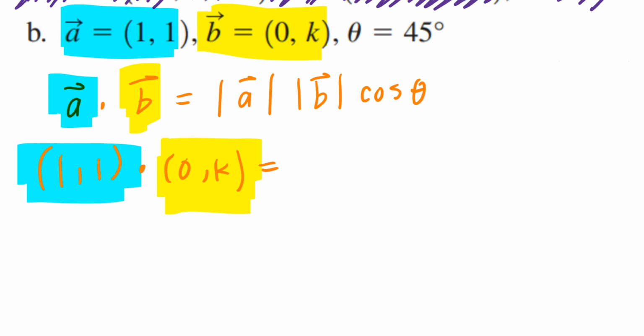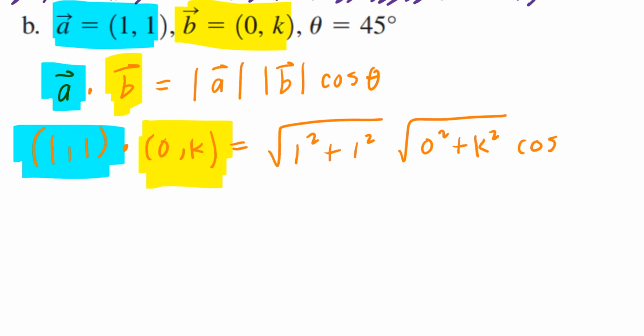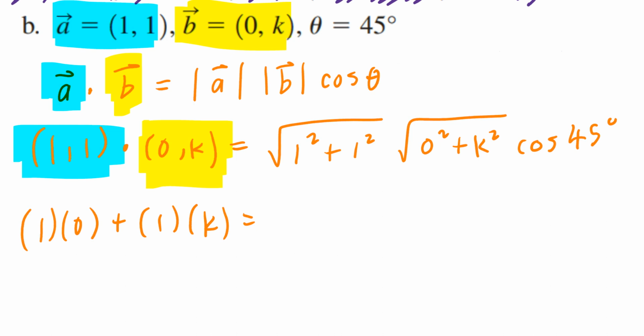Because A is (1, 1), the magnitude of A is the square root of 1 squared plus 1 squared. And the magnitude of B is the square root of 0 squared plus k squared, cosine of the angle between them, which is 45 degrees. On the left-hand side, the dot product is 1 times 0 plus 1 times k, which equals, here comes the mental math, 1 squared plus 1 squared, that's 2, underneath the square root, root 2, times